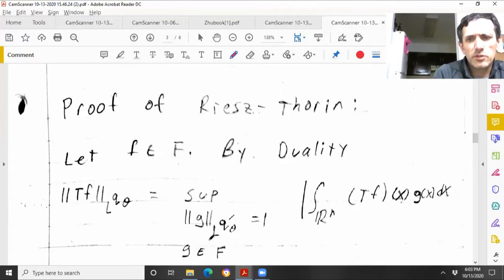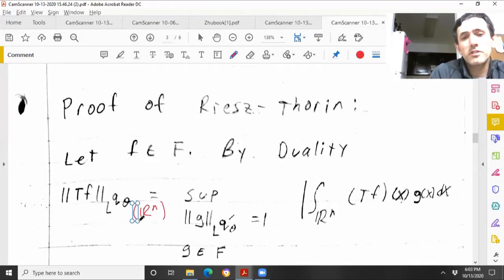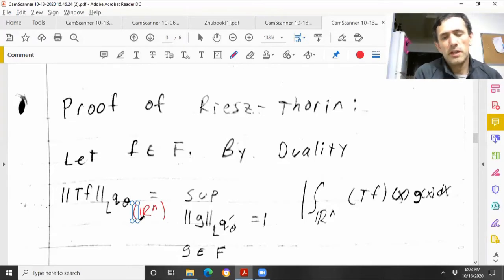And by density, we can assume g is in big F. These nice simple functions are dense in all L^p spaces. And as I mentioned before, I'm not writing R^n everywhere, but everything is defined over R^n. You can do this for abstract measure spaces, which is really nice. It gives you Riesz-Thorin possibly where one of these Lebesgue spaces is little l^p. If you take a measure space as just counting measure on the integers, then you get basically Riesz-Thorin for little l^p spaces. But anyway,